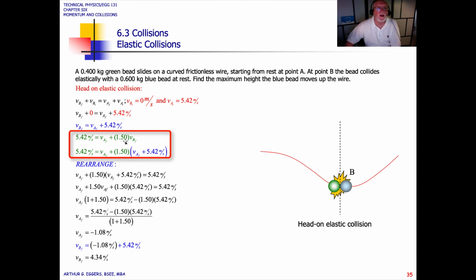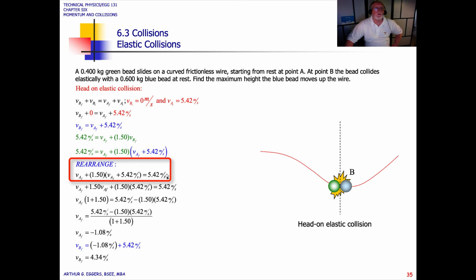I have velocity B final right up here in blue. So I'm going to substitute for velocity B final here and put that into the relationship. And what does that do? That puts this whole expression in terms of solving for velocity A final. So I'm going to multiply through and then start rearranging my terms. When I multiply through, I get velocity A final plus 1.5 times velocity A final plus 5.42